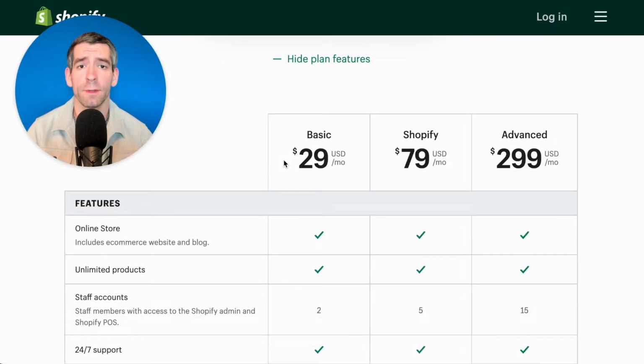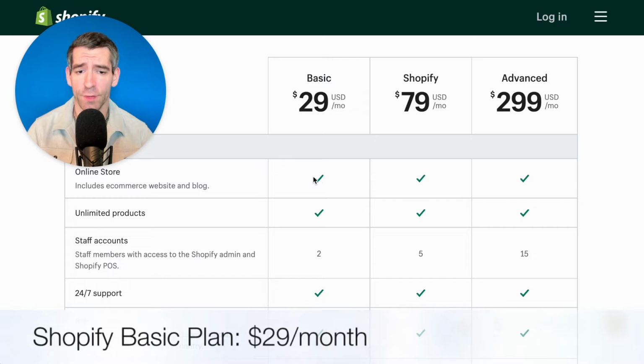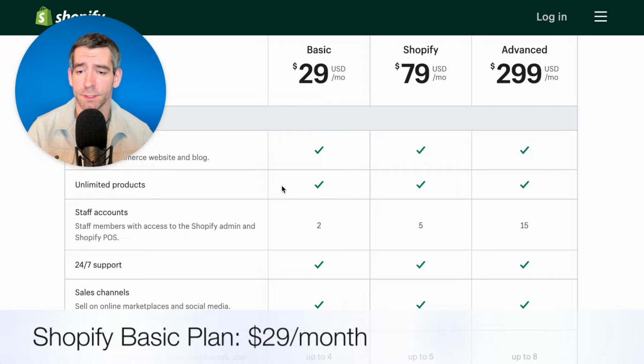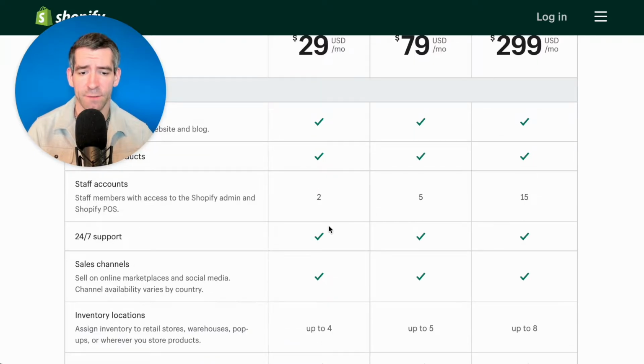So let's start with the Basic plan here. Like we said, it's $29 a month. You get a full online store. So that's kind of the starting point for most online entrepreneurs and businesses. That's what you want to get, which is an e-commerce website and a blog combined. You get unlimited products for all of the plans. Staff accounts start at $2, and then for every single plan, you get